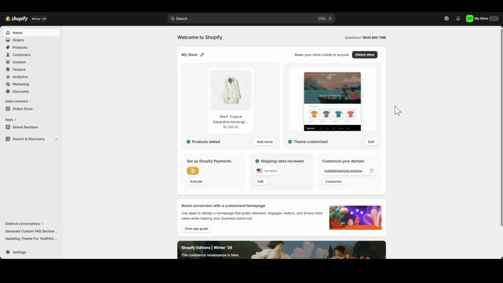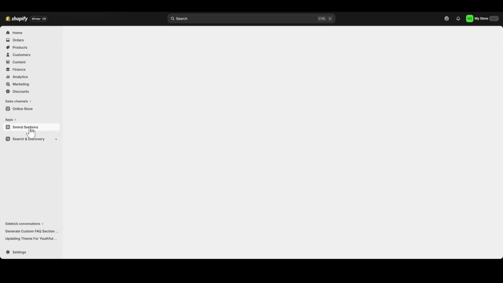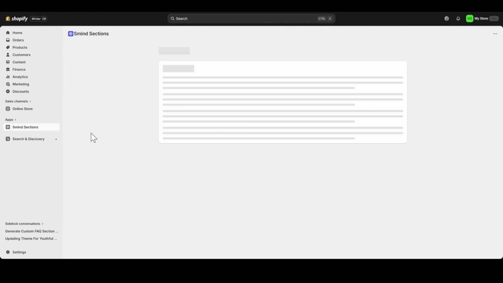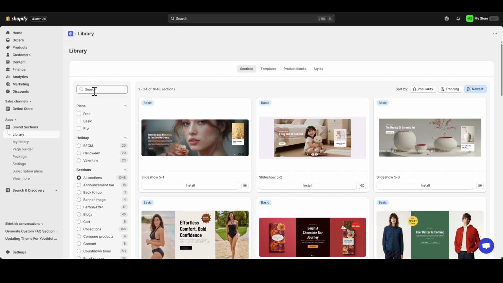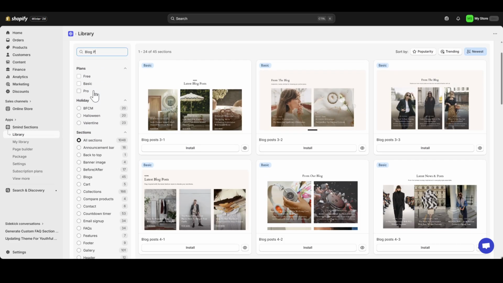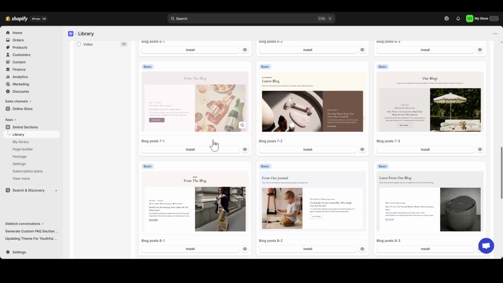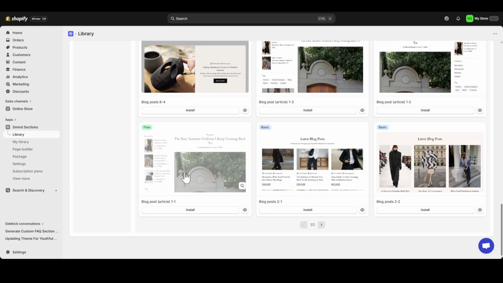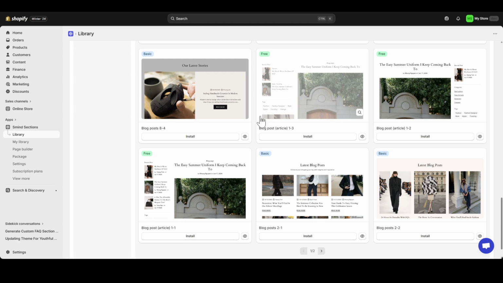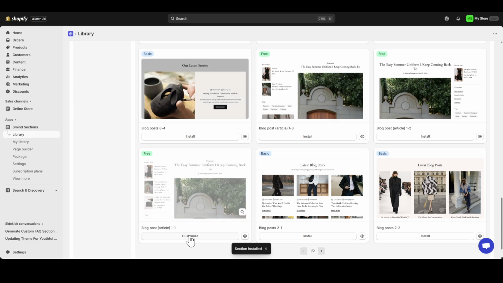Let's start from your Shopify admin dashboard, and in the left-hand sidebar, click on Apps and select Smind Sections. Once the app loads, click on the Library tab and type Blog Post. Browse the results, and you need to find the section labeled Blog Post Articles 1-1. Then click the Install button and click Customize to be immediately redirected to the Shopify theme editor where the new